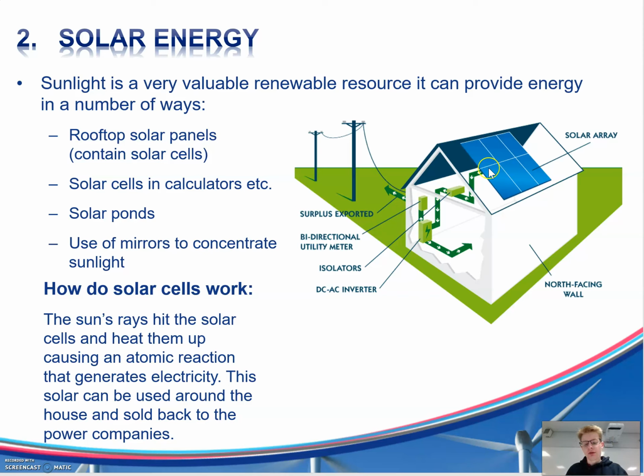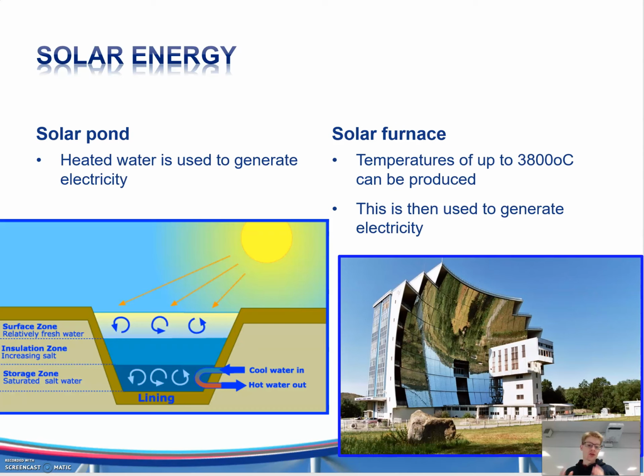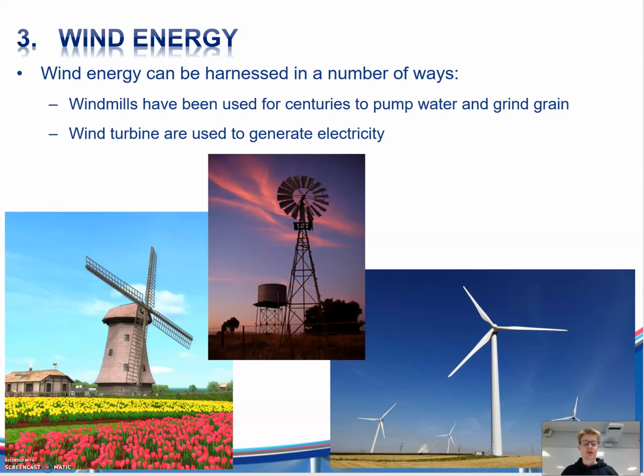Now, solar panels are actually quite expensive. That's why we don't see a lot of them. But if you keep using solar panels, then technically the energy efficiency should be beneficial in the long term. Other ways that you can get solar energy without solar panels is with solar ponds. That's where you're just literally heating up water, and that can help generate electricity. And you can also have a solar furnace where you direct all the light into one spot and produce high amounts of heat, and that also generates electricity. So yeah, solar energy can be used in a few different ways.